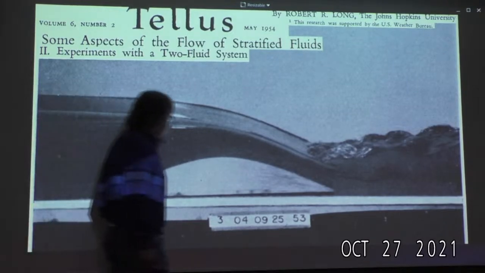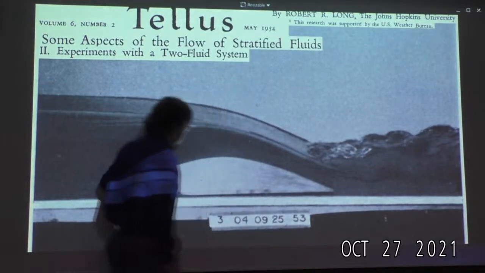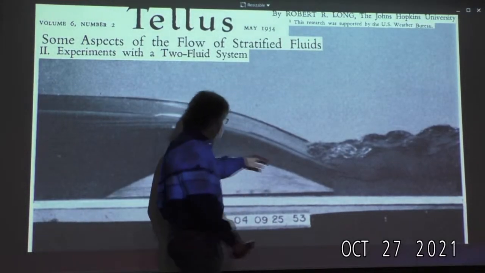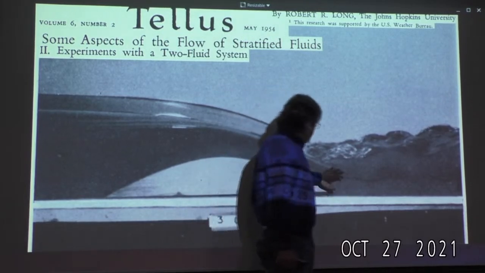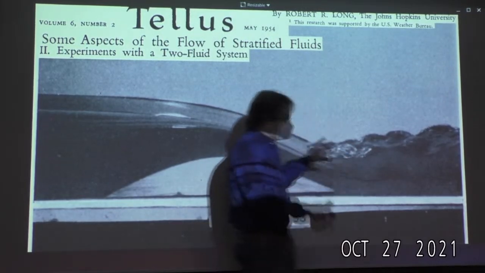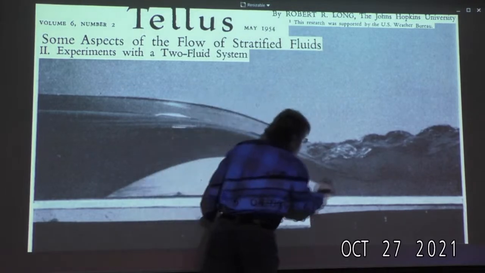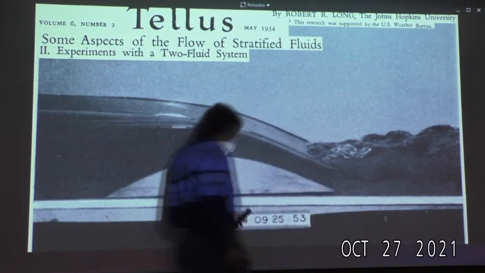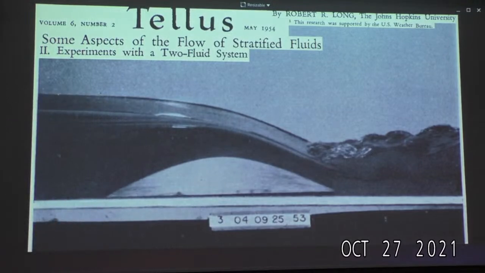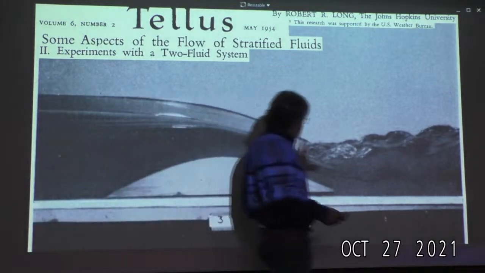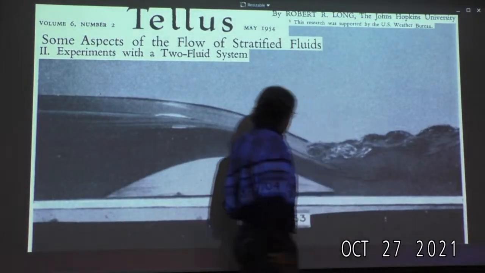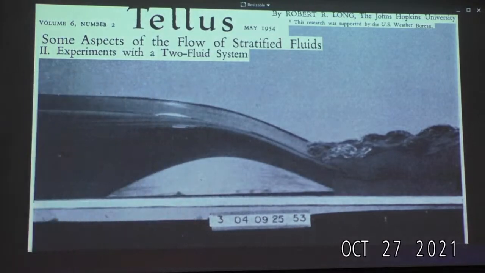So this flow goes over this barrier here. You can think of this as maybe a downslope mountain flow. The flow actually is not encountering anything sharp here to cause this turbulence. It's actually just becoming supercritical. When the flow reaches a certain velocity, you go faster than the internal gravity wave speed, and you end up with the hydraulic jump. And this is what we're seeing in our model as well.